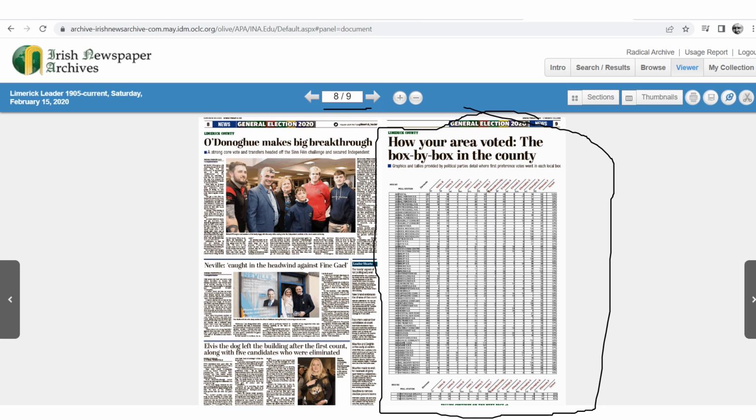As I say, if you know specifically what you want from a particular newspaper or a set of newspapers, it makes things easier. But if you just want to do a general flick through newspapers, by all means do that. If you've got good broadband, you can generally flick through a newspaper very quickly. Once you flick through 2 or 3 or 4 news editions of a newspaper, you'll know exactly where to find information. You'll know, for instance, that after about 2 or 3 runs through different issues of a newspaper, you'll know,